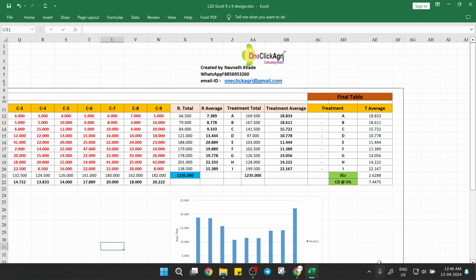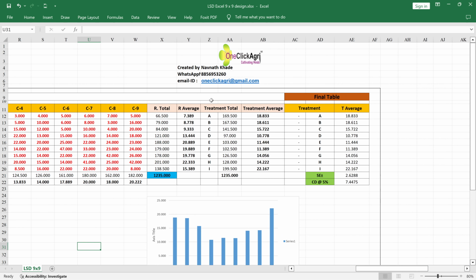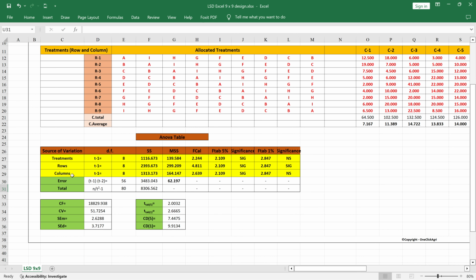If you change the place of A anywhere in this allocation table, no worries, it will be taken automatically over here. Then you will get the final thesis table. You can just copy and paste this table for your thesis. Then, very important, you will get the ANOVA table. In that you will get the source of variation for treatment, row, column, then error, that is residual or error degrees of freedom. You will get the degrees of freedom, sum of square, mean sum of square, F calculated, F table,